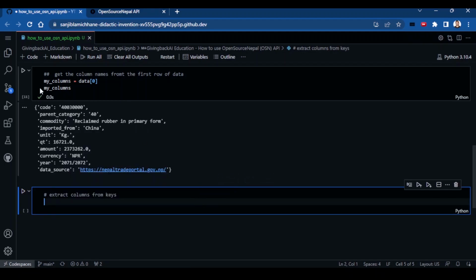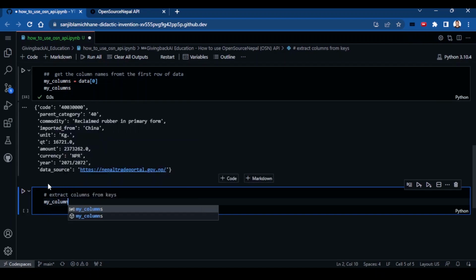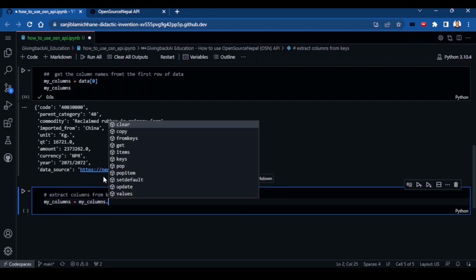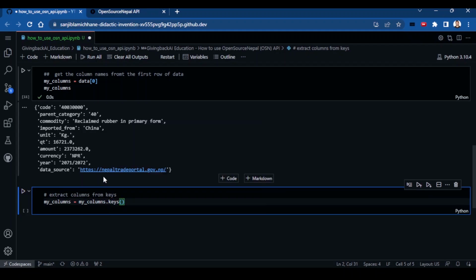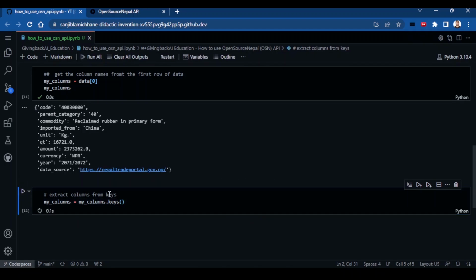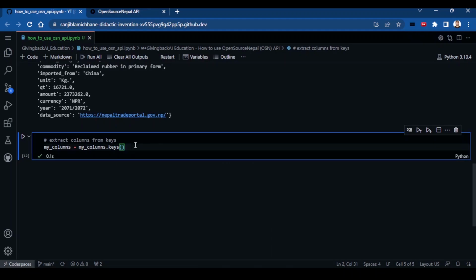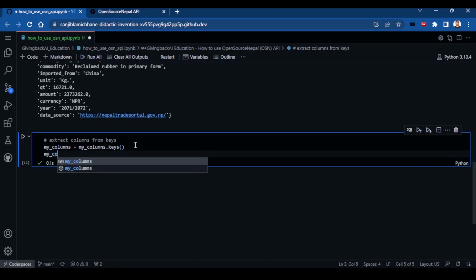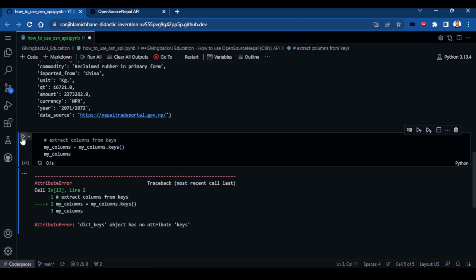Well, to do that, we would need to define, let's write it. Actually, we've already called it my column, right? So my columns would be my columns because this is already here. And we can just do dot keys, right? So it would just print the keys of my columns data frame or dictionary. Okay, so what if I print my columns now? What does it give me?